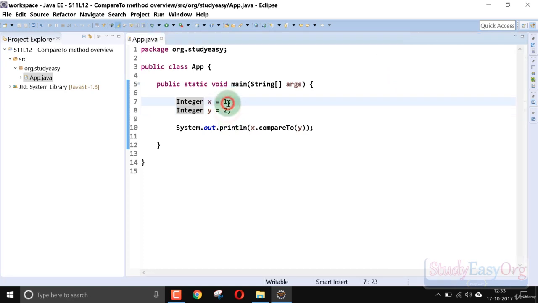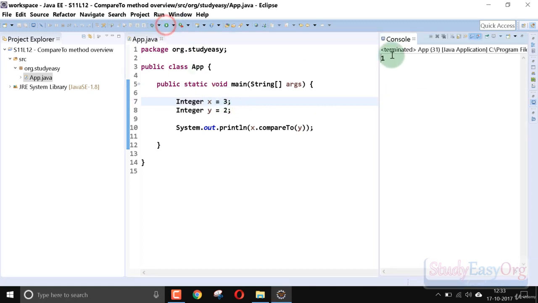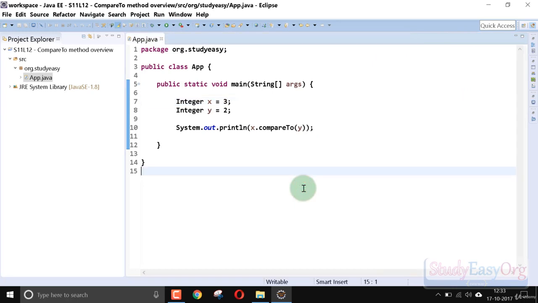So let me make x as 2 as well. Again this is working, and let me make x as 3, then the output should be a positive number, which is perfect. So this is how the compareTo method works, and the knowledge of the compareTo method is important